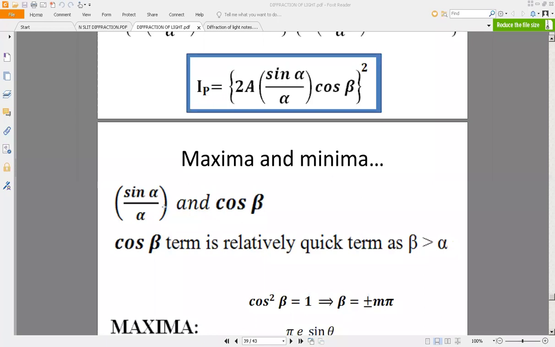Okay. So clearly you can understand one thing: this alpha is going to be definitely smaller. I repeat, alpha is going to be definitely smaller compared to beta. Or in other words, here I have written beta is greater than alpha. Can you justify why beta is greater than alpha? Can somebody tell me why beta should be greater than alpha? What is beta?